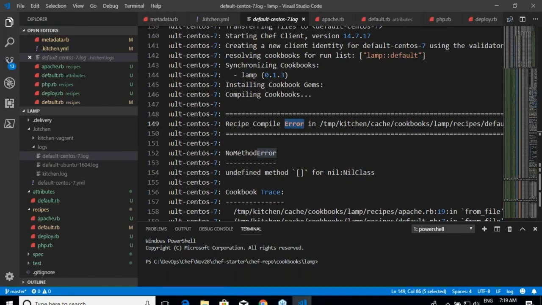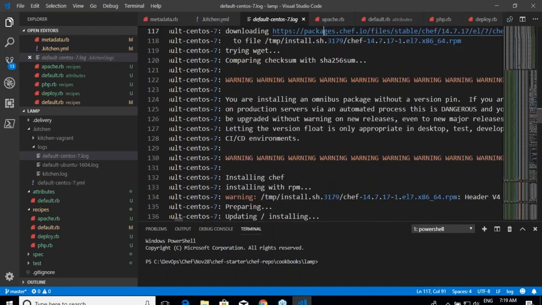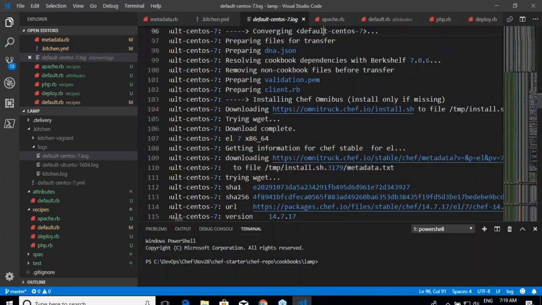If Kitchen is failing, the reason could be that the hypervisor you are using might not be able to create machines manually, or you might not have configured Vagrant correctly, right? Okay. Now what we'll do is, I'll quickly note that this cookbook has to be corrected. I know that. Okay. Let me also try something in parallel.